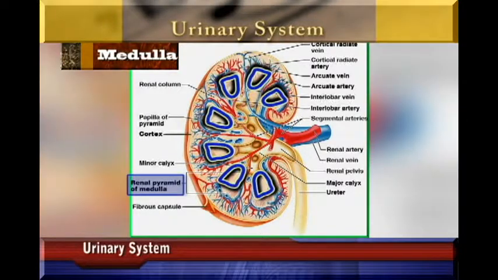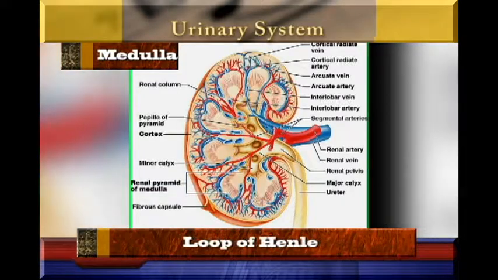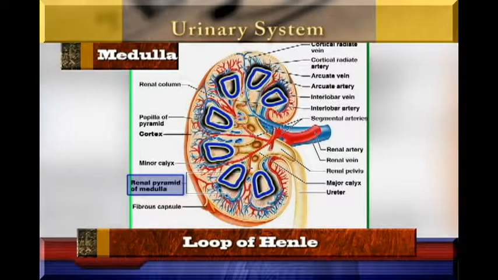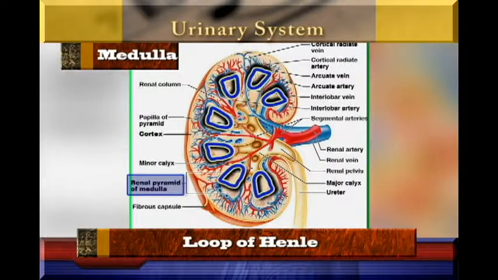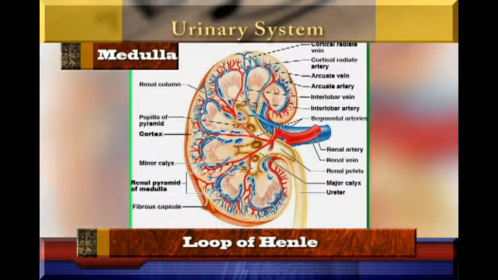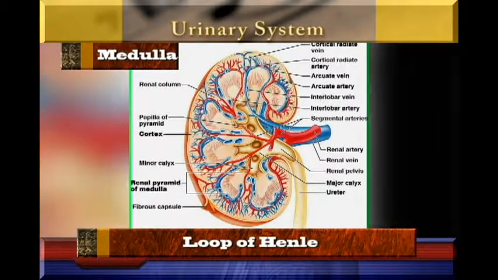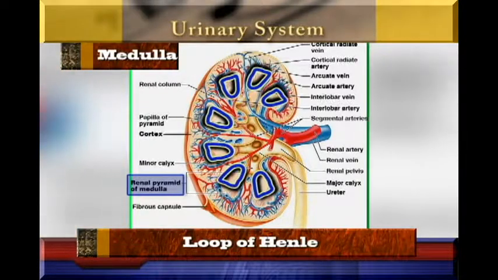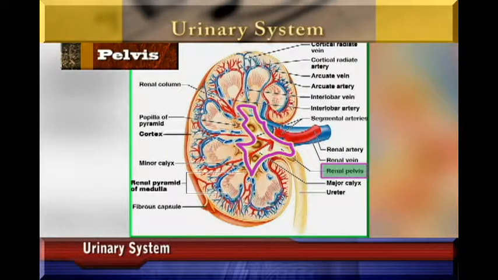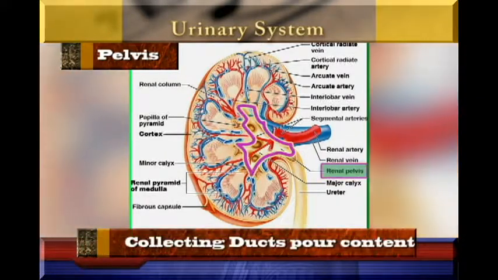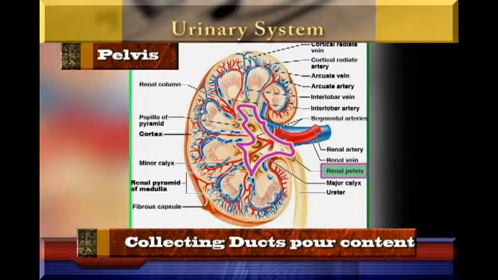In the medulla, that's where we find the collecting duct, and also the proximal convoluted tube and the loop of the kidney, and then we have the pelvis. The pelvis is where all the collecting ducts pour their content, and then it is carried to the ureter out